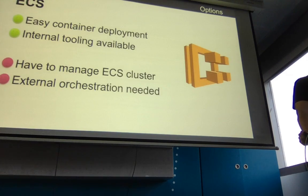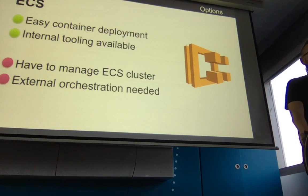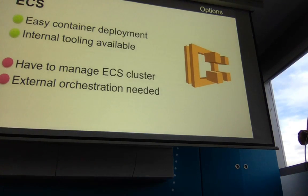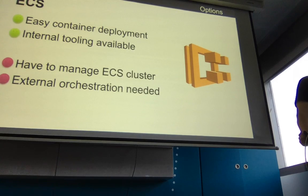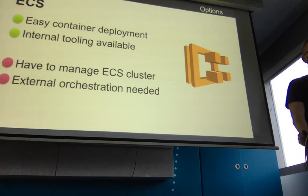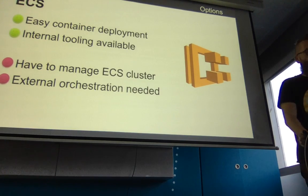So, well, first one, using some batch processing, you could just wrap it into the container, throw it into the ECS, you would just execute it, and whenever the job is finished, the container will be removed. And apart from that, we have internal tooling, so that was very tempting for us to just use ECS. But then, if you start thinking about it, you see that, well, ECS is a very nice service, but still the instances that are running inside the cluster need to be managed somehow. And especially if you need to scale, you need some custom solution there,